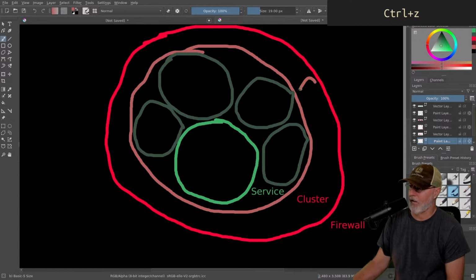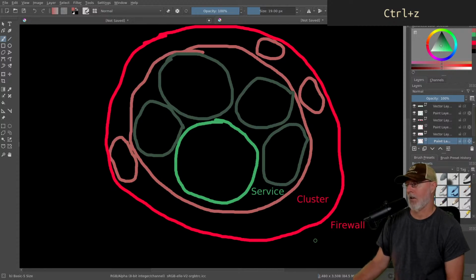I want to show that there are potentially other clusters in your environment. Maybe you have another one over here. You know? Maybe you have one over here. But they're tinier clusters. You have the really big cluster. That's your big one here. And they're all inside the same firewall. Usually